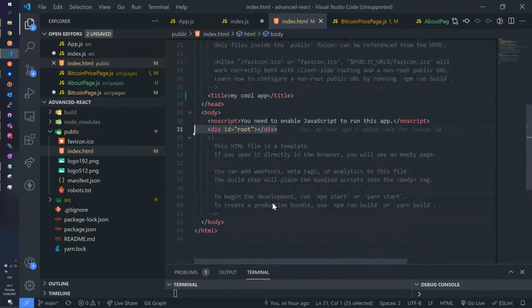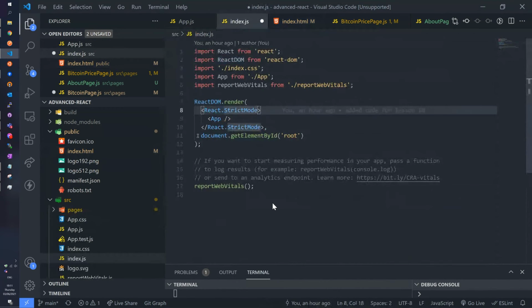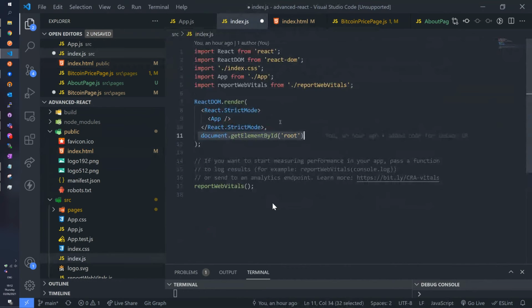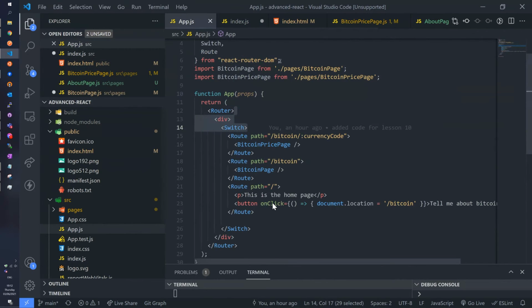So you have a main div with ID equal to root, and your index.js says, this is how you inject React in your HTML. I'm not sure if I'm using the right vocabulary here, but yeah. So what you say here is, get element by ID root. So you're getting this element right here. And I want this to appear there. And what appears there is your app. And you go one level on top, and there you go, you're back to your actual web page.